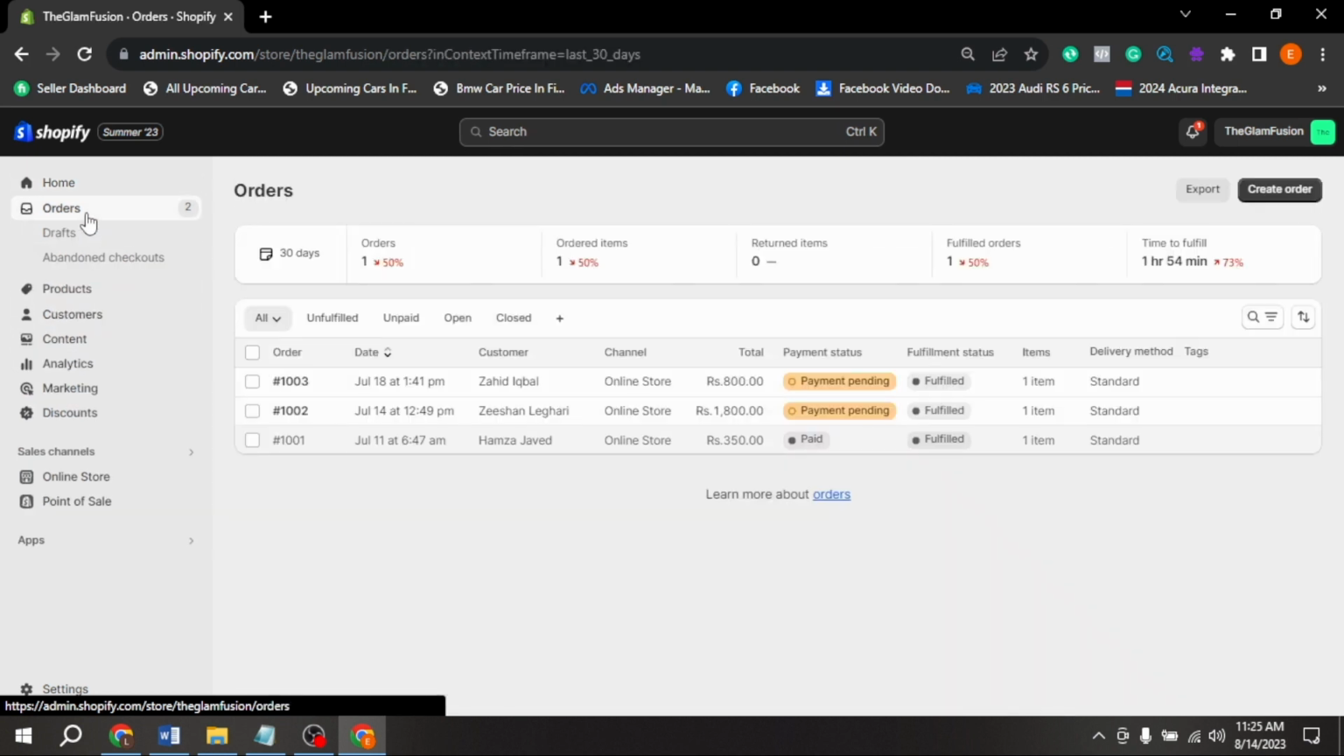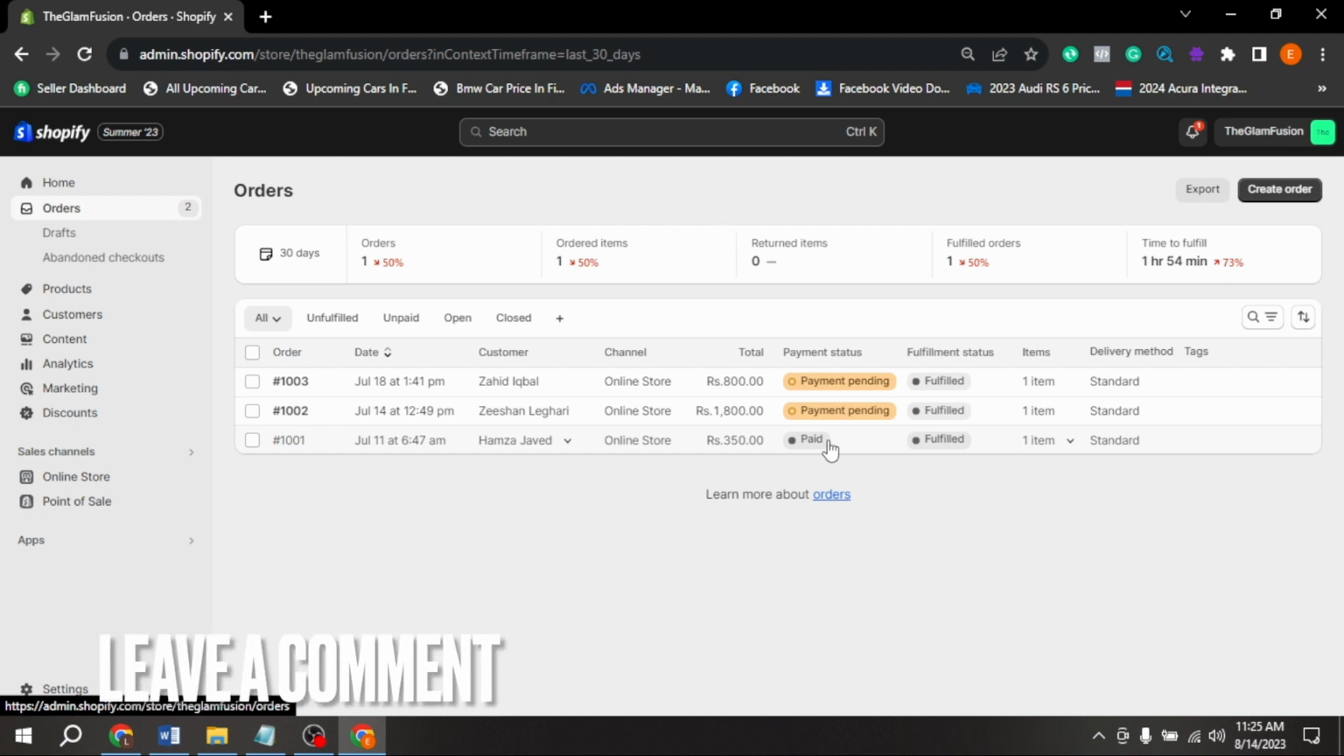Click on orders. If you have hundreds of orders and a few customers haven't paid, you can check and ask for payment as well. How you can do that? Click on payment status. You are seeing the payment status of every customer. You can also contact those customers who haven't paid yet. There you go. If you wanted to know how to check payment status in Shopify store, that is the easiest